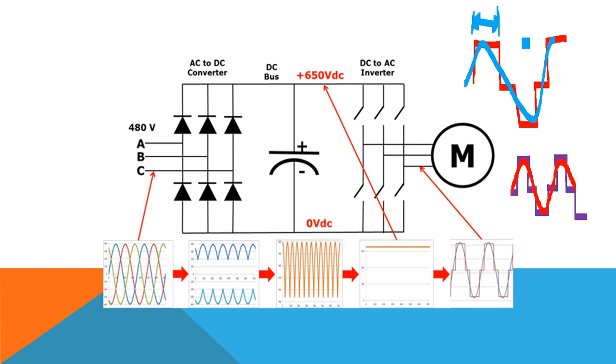Pulse width modulated AC, not our generator AC, a perfect sine wave. It is not like that. It is a PWM AC available to the motor. So what is the advantage? We can control the pulse width here, we can control the frequency, thereby we will be able to control the voltage also fed to the motor. We previously understood that the control of voltage and frequency will be able to control the speed of the drive without losing its torque, is it?